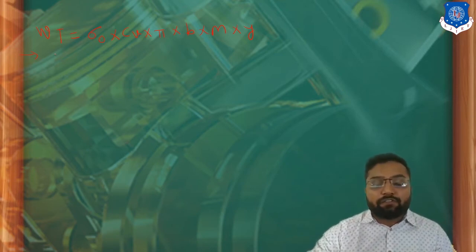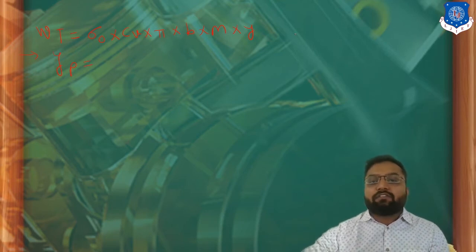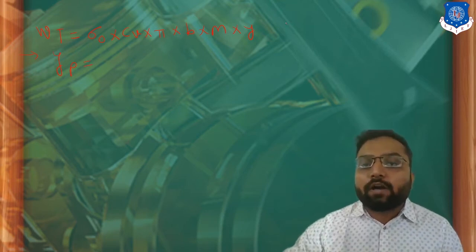So let's find out what we have to design it for. First of all, we have to find out the multiplication of yp with sigma p and yg with sigma g. So first of all, we have to find out what is yp. To find out yp, we should know what is y.